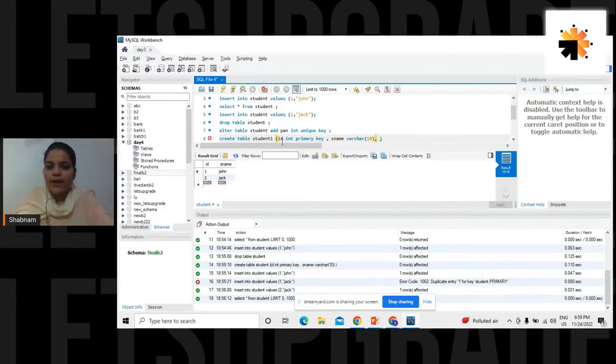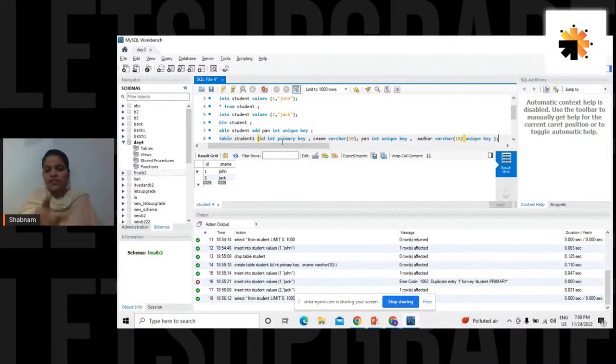All right. And let me say the student has a PAN. I'm just declaring all of them to be integer as of now. Okay, int. Fine. And this is a unique key. All right. Other than PAN, let me say the student might have, let's say, license number or Aadhaar number. Although Aadhaar is a varchar, for simplicity, I'm writing int here. Or let's take varchar. It's fine. 10, which is again a unique key.